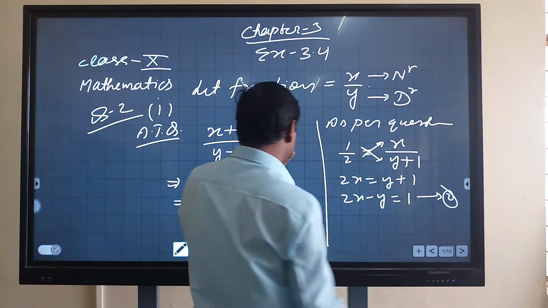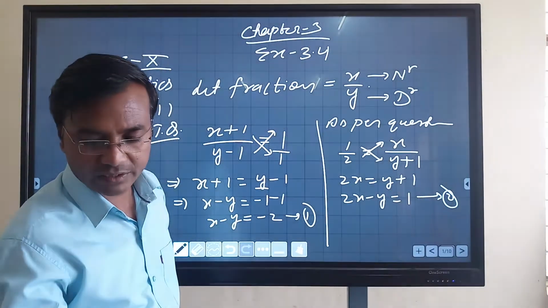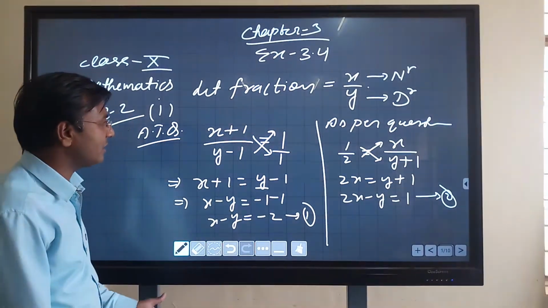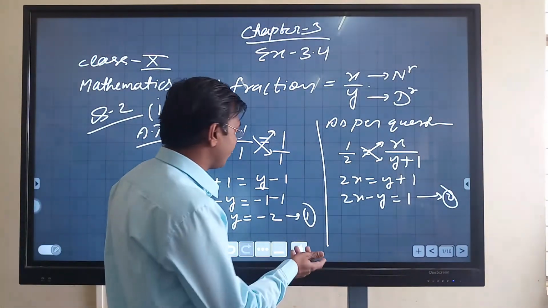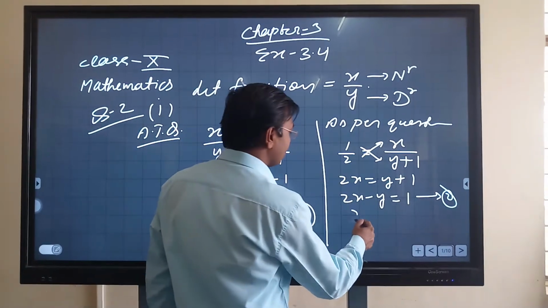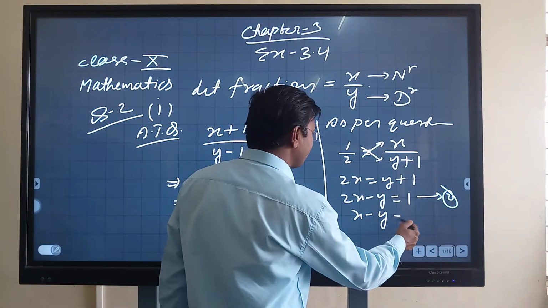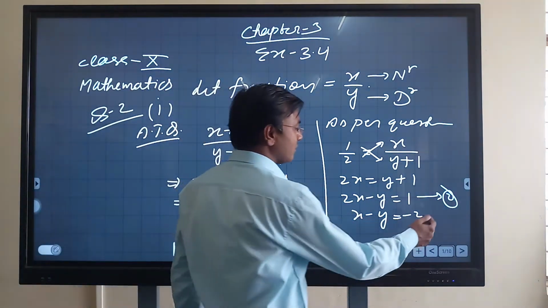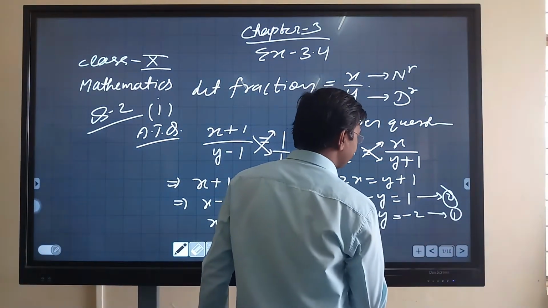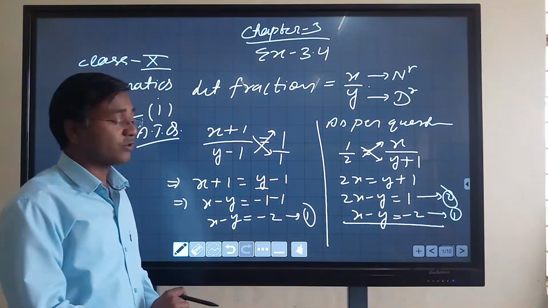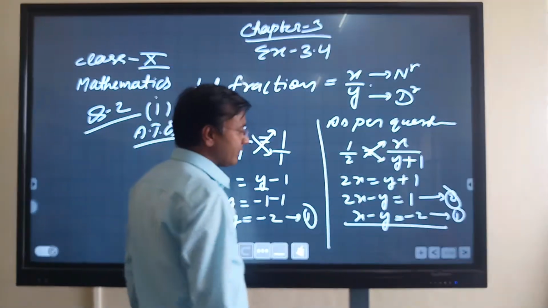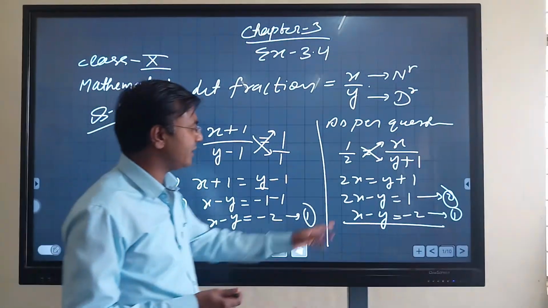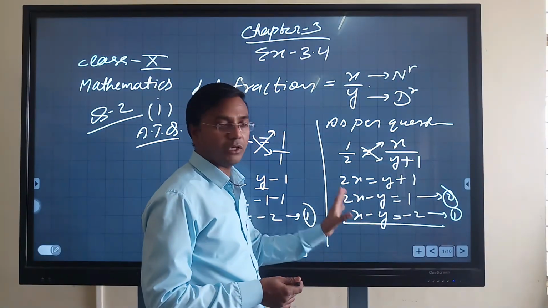Equation second. Now we have to use which method? Elimination method. Okay. So I have already spoken about the elimination method. So if you want, I can solve it now. Again let's solve this question with the help of the elimination method. So write this equation x minus y equals minus 2, I mean equation first. So we have to solve this. So clearly the coefficient of y is the same. So there is no need for multiplying by any number, because the coefficient is equal now.